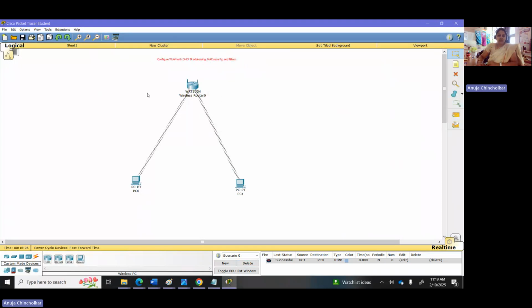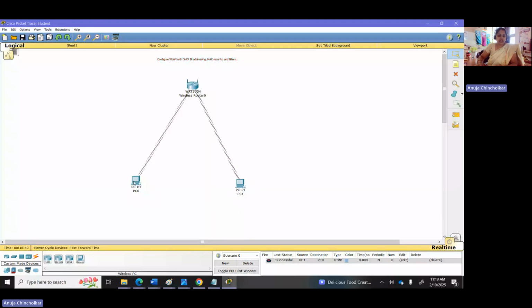Now consider, my dear students, any network you have built in front of you, other than this network, which is perfectly working, but you have to go into this, so that we are applying MAC filters.